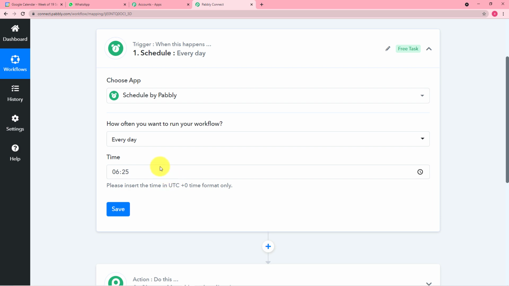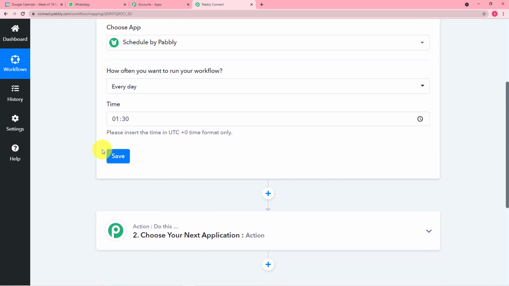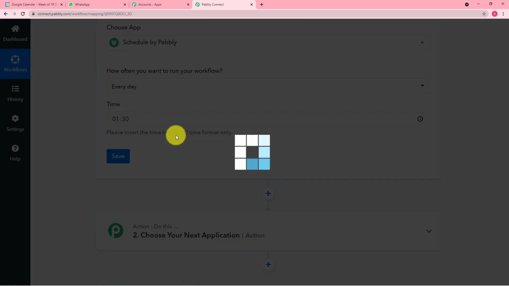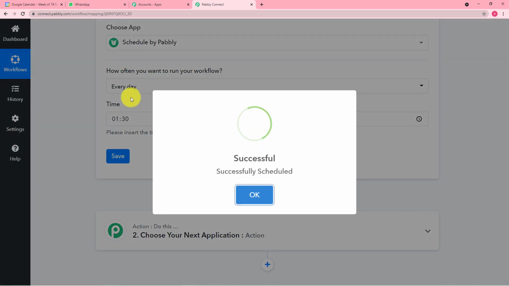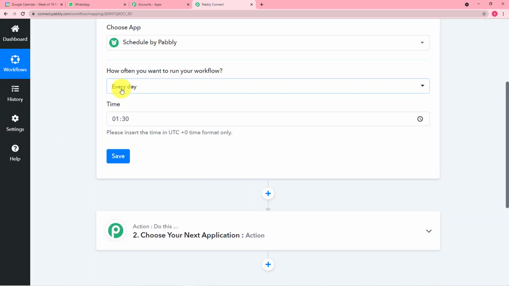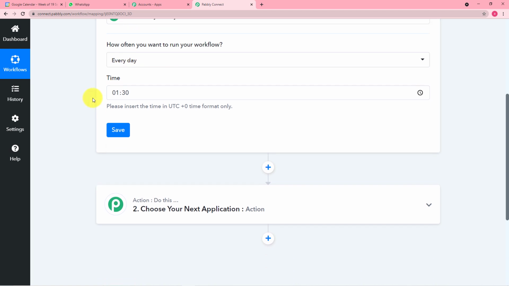Let's say we want to send reminders in the evening at 7 p.m. To enter the time of 7 p.m. you have to put 1:30. All right, so this is 7 p.m. in UTC format. You can take the help of online IST to UTC converters for this task. After that, just click on save here. So we have scheduled the time, and we have scheduled the reminders actually.